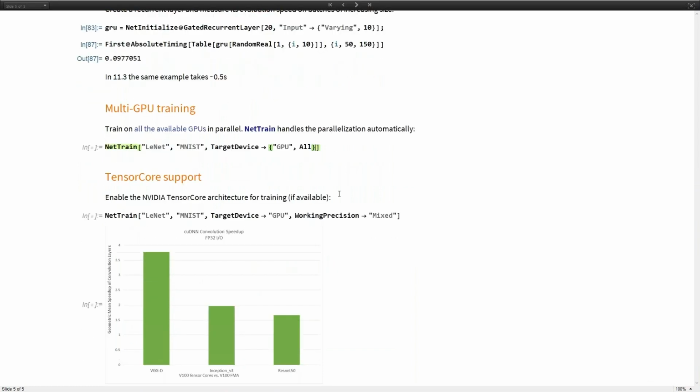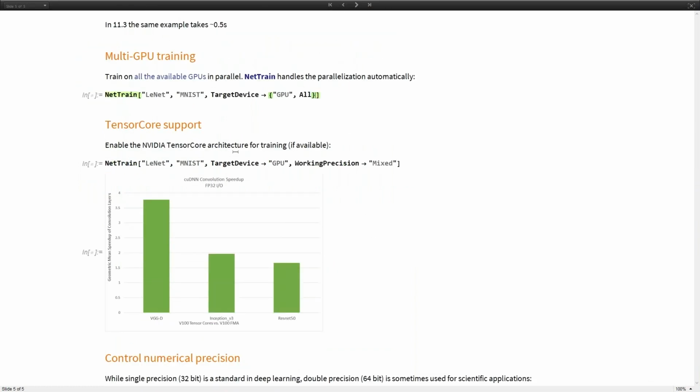More GPU improvements. We support tensor cores, which is the new super fast NVIDIA architecture on new generation NVIDIA cards, which has very nice improvement for convolutions and other operations. And you can opt into that by setting WorkingPrecision to Mixed.